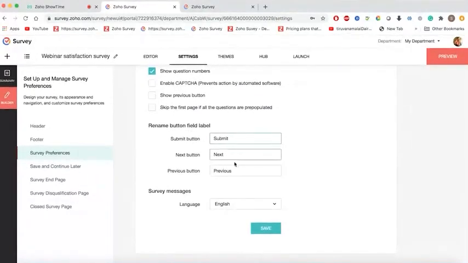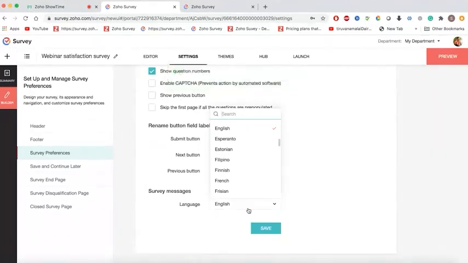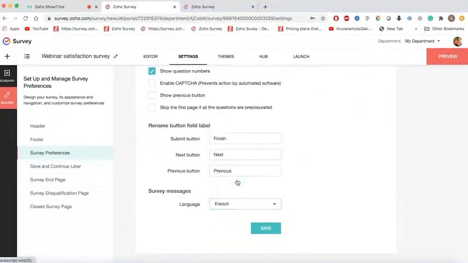And the submit, next, previous, the content of the buttons can also be customized. Maybe instead of submit, we can have it as finish and save it. The survey messages are like the mandatory error messages. You can build the surveys in your own language as well. So you can have the languages set to show the right error messages in the concerned language. So if you're going to build a survey in French, choose the survey language to be French, and the error message will also be displayed in French. All right. So click on save